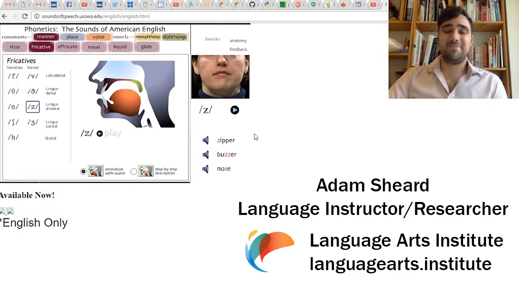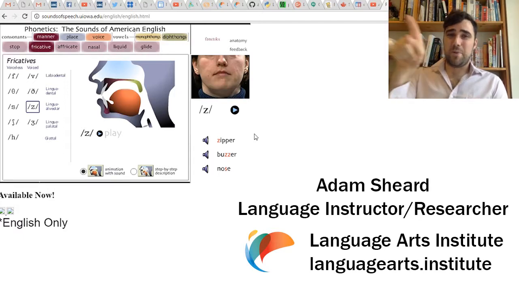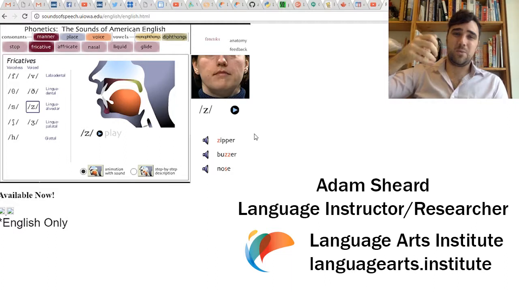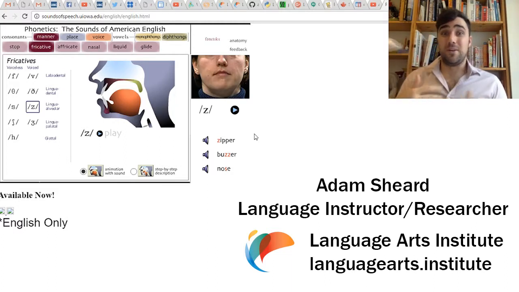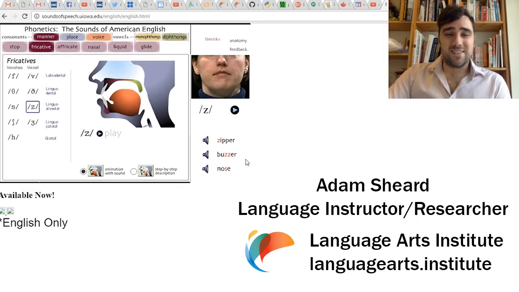Buzzer. Very good. And again. Buzzer. Okay, like a buzzer, sometimes at the front of a house, they have a buzzer. You dial in someone's number, or a long time ago, when I was young, in apartments, you pressed a button and it went bzzz, and then the person upstairs would answer the phone and press a button, and it would let you into the building. All right, so the last one,